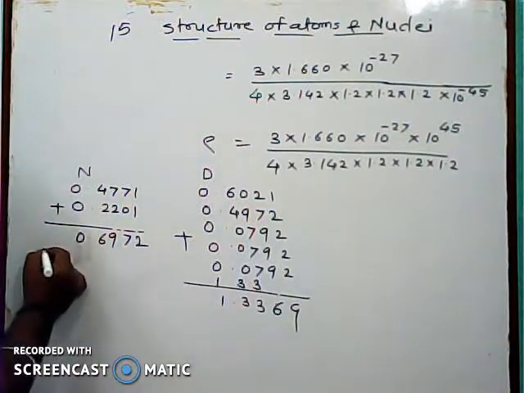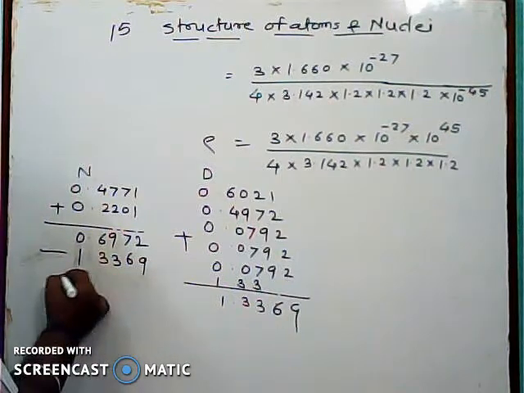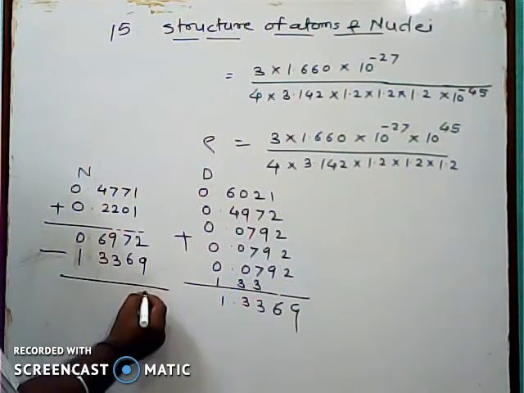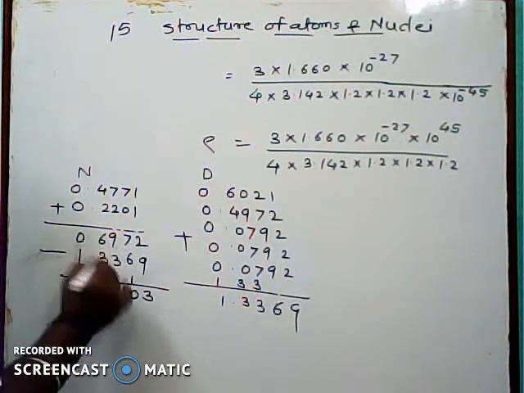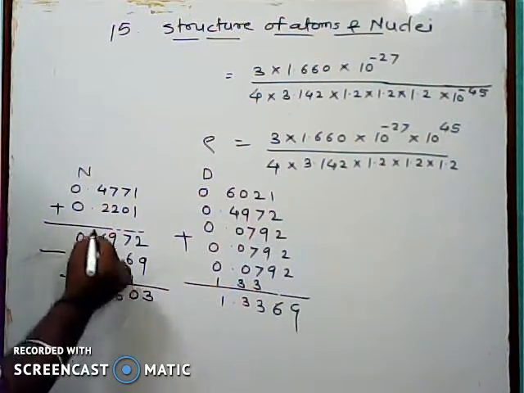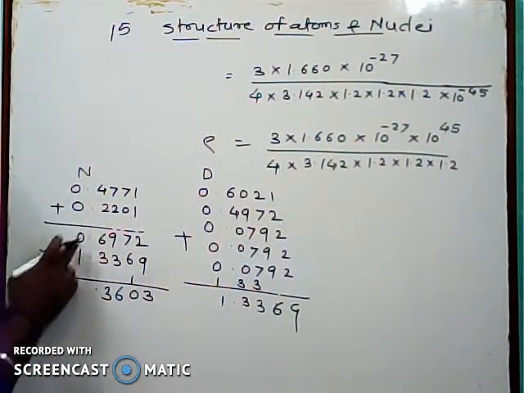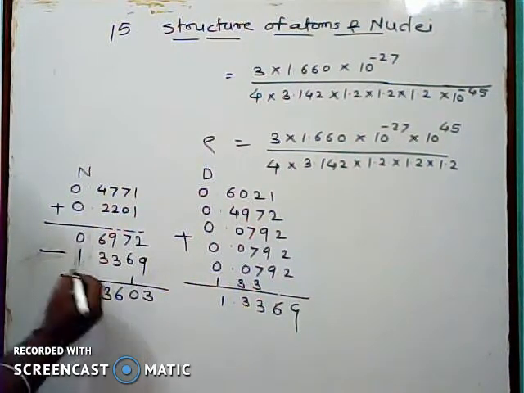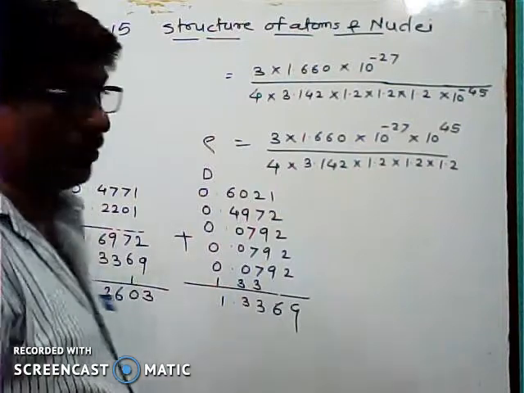So if we subtract 1.3369, what happens? From 12, 9 is subtracted, 3 is remaining. 7 subtracted from 7, 0 is remaining. 3 subtracted from 9, 6 is remaining. 3 subtracted from 6, 3 is remaining. Here, 1 subtracted from 0 gives minus 1, or bar 1. So if we take its antilog,